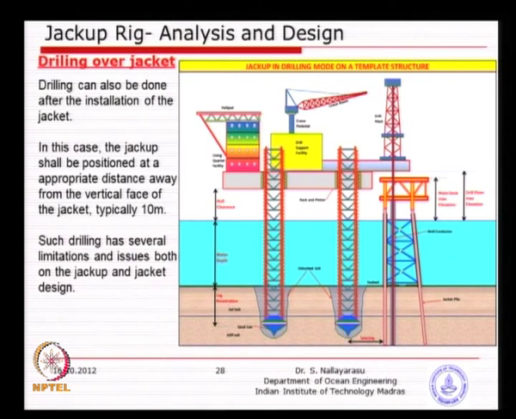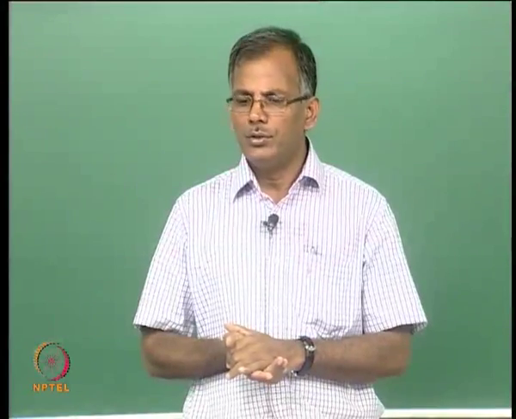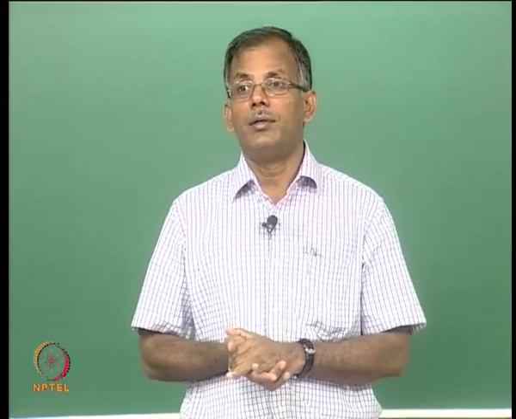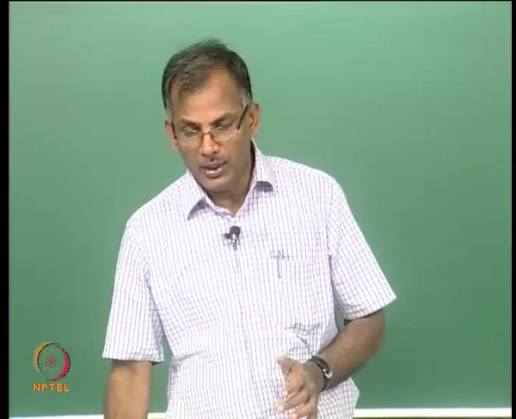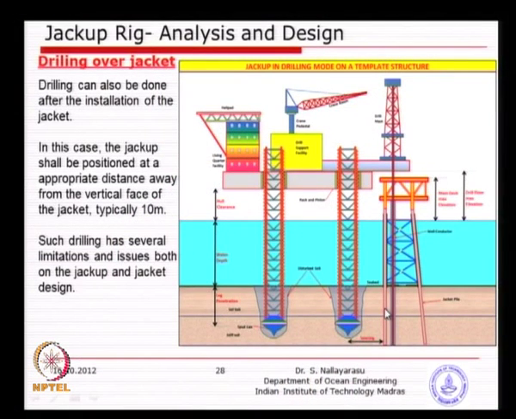So, as you can see here, the spacing between the front legs, this leg normally will have two legs. So, basically this is your bow side, the front side, and the stern side. These legs will need to be positioned as close as possible, but if you go too close, you are having a soil condition problem. Basically, there is a pile here and there is a disturbed soil.